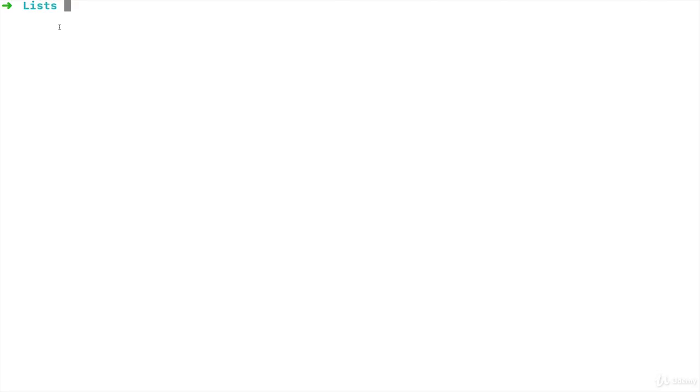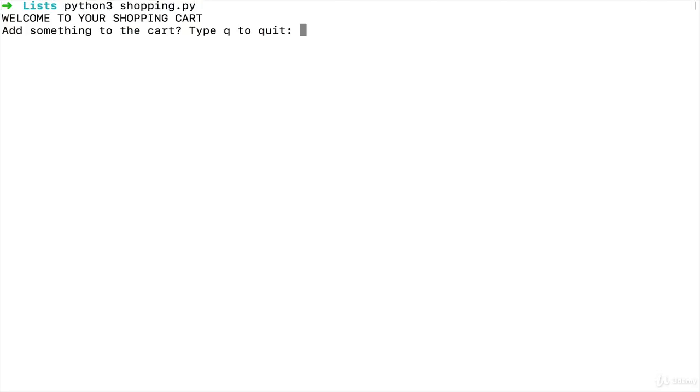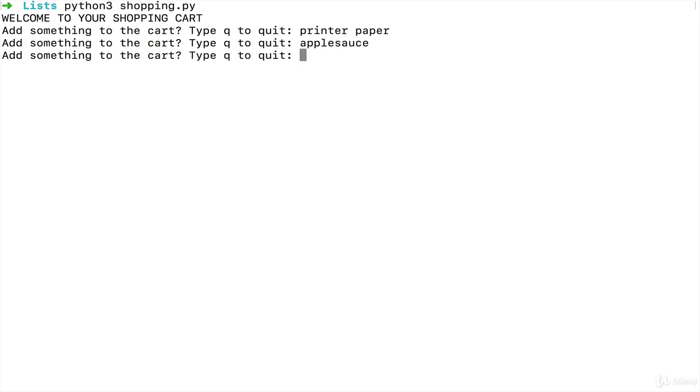So here's a simple example of something we could do with a list. It's a simple while loop. It says, welcome to your shopping cart. Would you like to add something to the cart? Let's say I want to add in printer paper. And it keeps asking me. Let's say this time I'm going to add applesauce. And after that, let's do a houseplant and protein powder